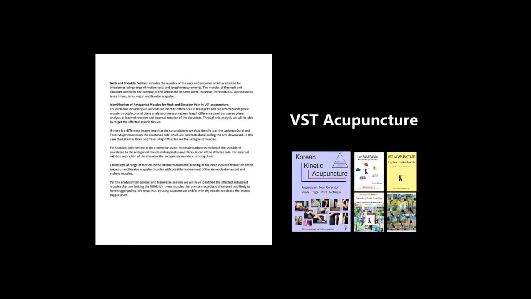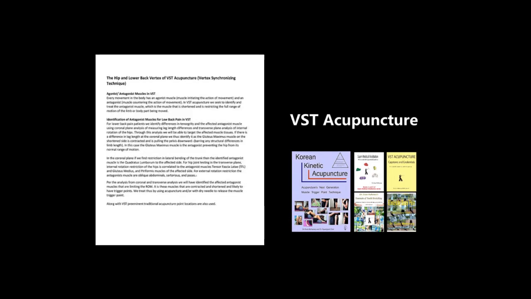It is these muscles that are contracted and shortened and likely to have trigger points. We treat thus by using acupuncture and trigger point acupuncture to release the muscle trigger point. For the lower back, the hip and the lower back vertex of VST acupuncture, the agonist antagonist muscles in VST,